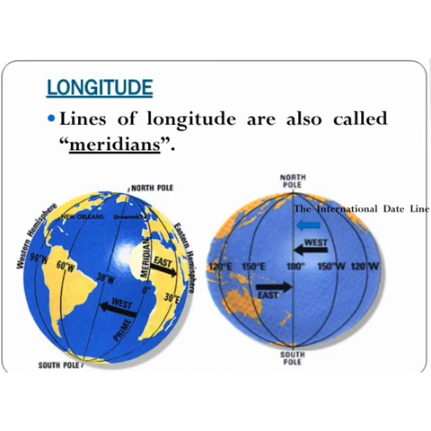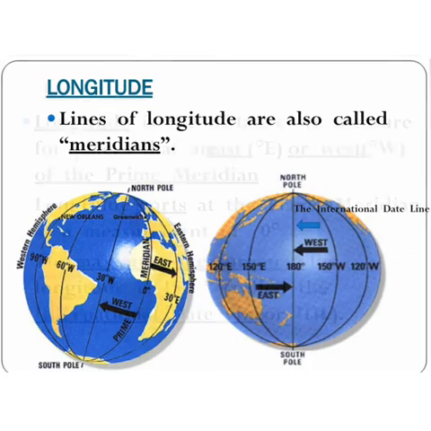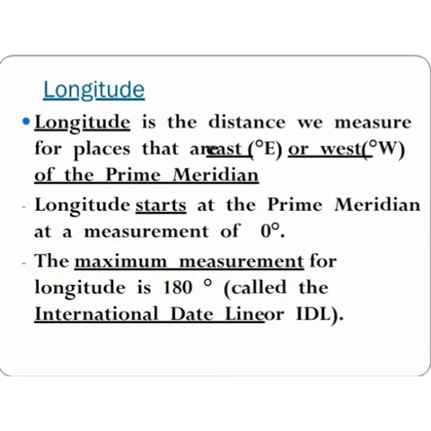Longitudes. The word longitude is derived from the Latin word longitudo, which means length. Longitudes run from pole to pole. They are semicircles. There are 360 longitudes. 0 degrees longitude is known as the Greenwich meridian, also called the prime meridian. It is called the Greenwich meridian because it passes through the Astronomical Greenwich Laboratory in London.